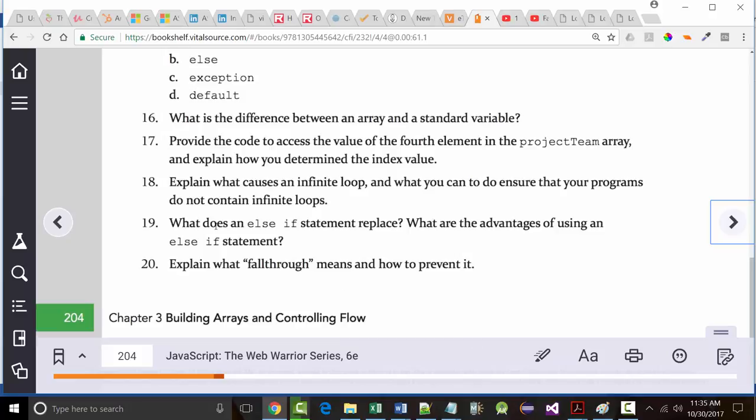Number 19, what does an else if replace? Not sure exactly what they mean by that. All right, but for now, let's just say that an else if can be used instead of a case or a switch statement with different cases. All right, now one thing I didn't show you, and it's the answer to number 20,